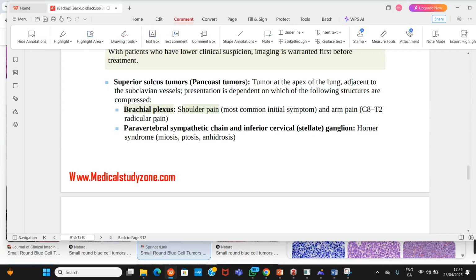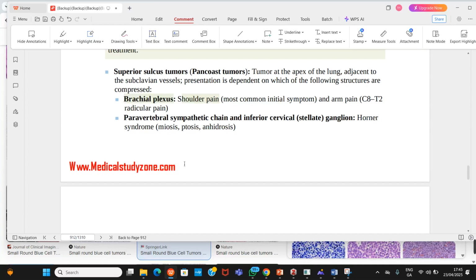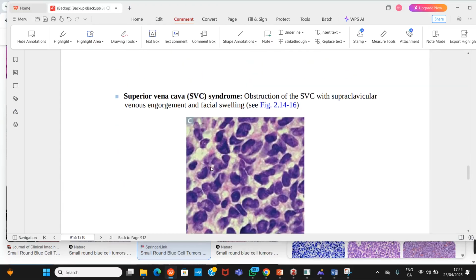All right. So what are the complications of lung cancer? What complications do we expect? Very, very important. But before we get to complications, we need to talk about the presentation. So they can have cough, dyspnea, hemoptysis, weight loss. Very important. Weight loss is a very good clincher for malignancy. Whenever you see weight loss in the question, think about malignancy. Weight loss, cough, hemoptysis. If there's obstruction of the airway, they can have wheezing, recurrent pneumonia due to obstruction,